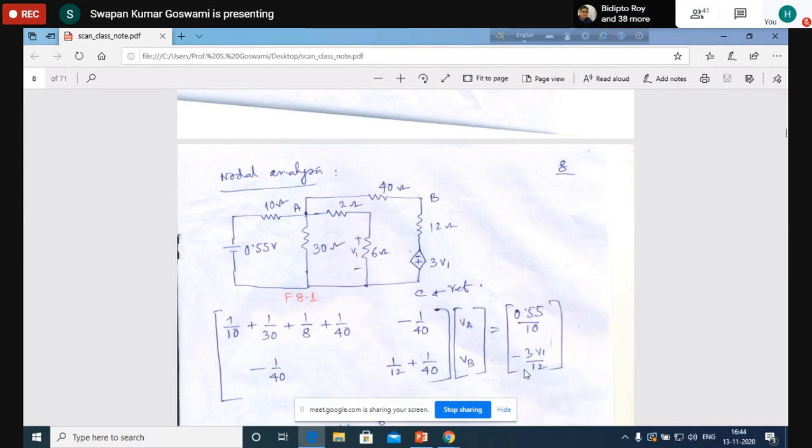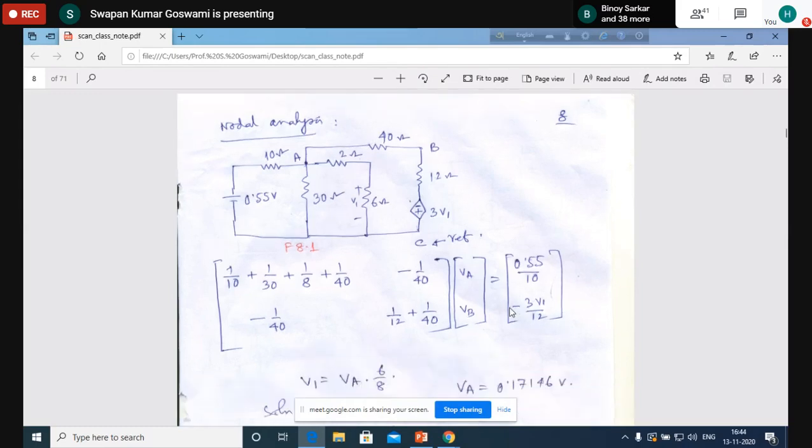Any question? Anybody? Any doubt? Can you follow this? Anybody who could not understand this? Sir, could you repeat the current source once more? What will the current source be? For node A,